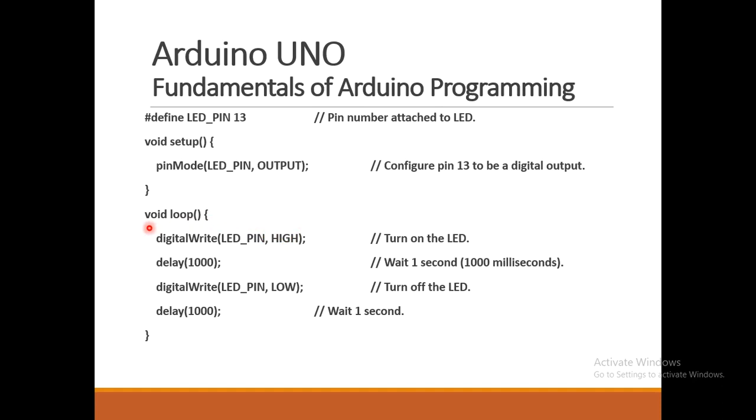So once I turn it on, I have to give some delay, otherwise you can't see whether the LED is on or not. Within a fraction of a second it becomes off if I combine these two codes. So to differentiate and understand the concept of on or off, we have to use the delay function. Delay is given in milliseconds. 1 second means 1000 milliseconds, so I have to give the delay. All four steps will be executed iteratively until you press the reset button or turn off the board.